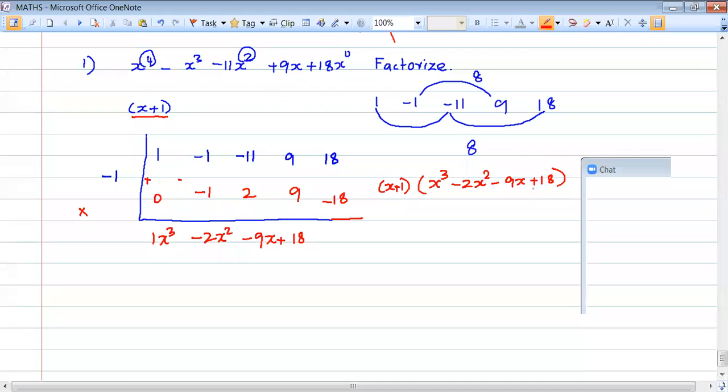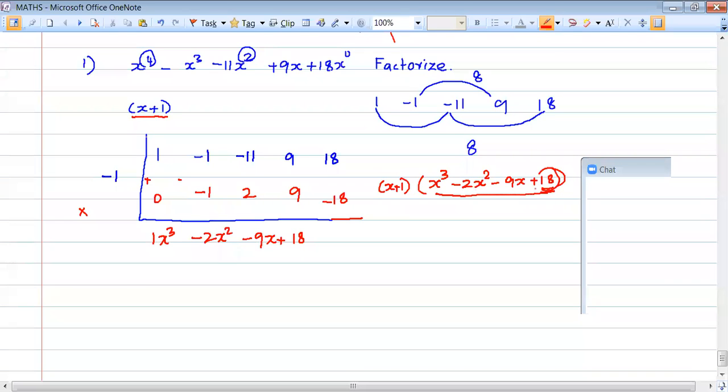Now it is our time to factor this. Can you try with the shortcut method? Once again, you can go for the synthetic division also. Then you have to find out one more factor for this. So I am sure that x plus 1 is not a factor of this polynomial and x minus 1 is also not a factor of this polynomial. So then what should be the final answer for this question?